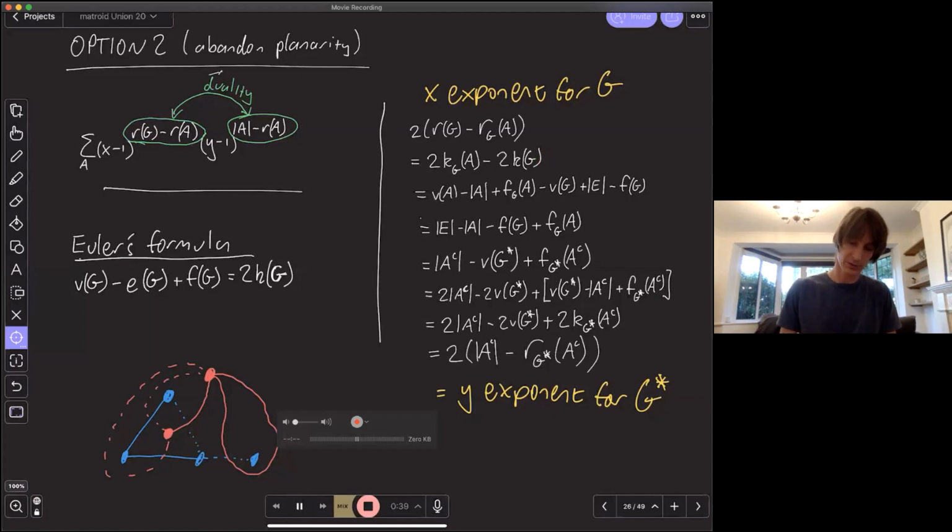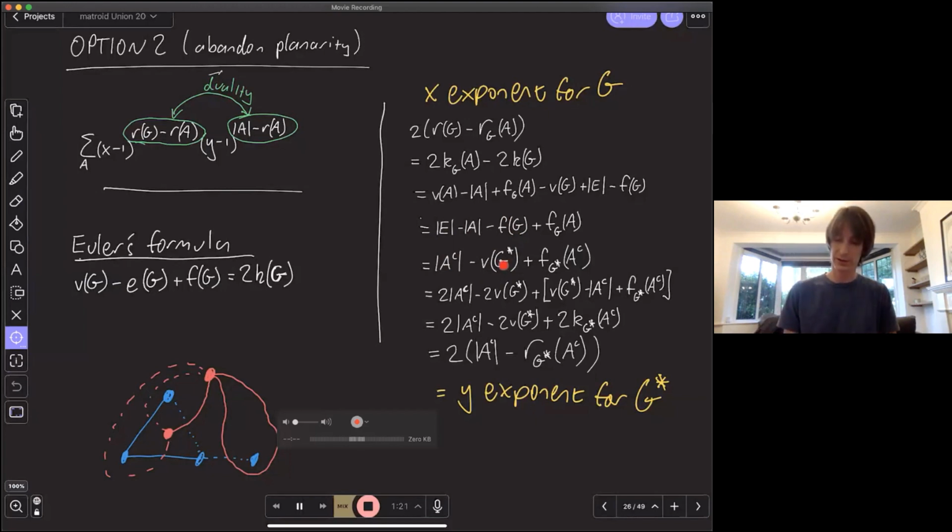So then I can make use of Euler's formula, which is down here, to get rid of the components. I can just substitute the number of vertices, edges, and the number of faces of the graph, or the number of boundary components of the graph, if you prefer that language. So back here, I kill the exponents, I bring in the faces, and I tidy up a little bit. I remember that the size of E minus the size of A is just the size of A complement. My faces of the primal graph: well, duality turns faces into vertices, so that's just the number of vertices of the dual.